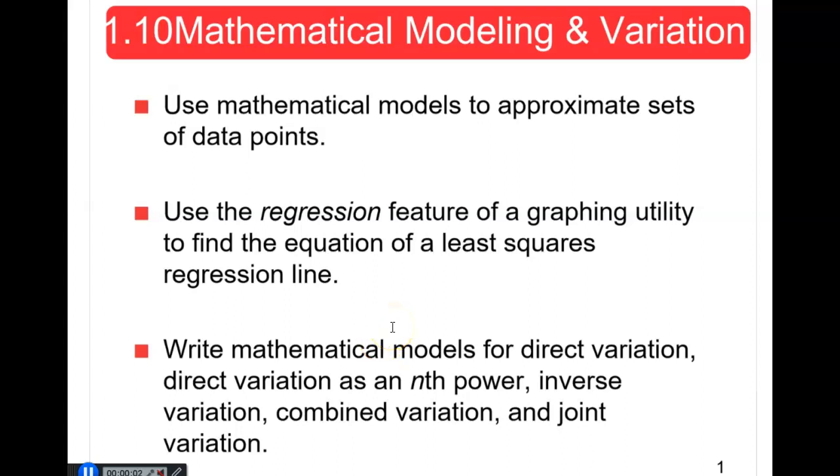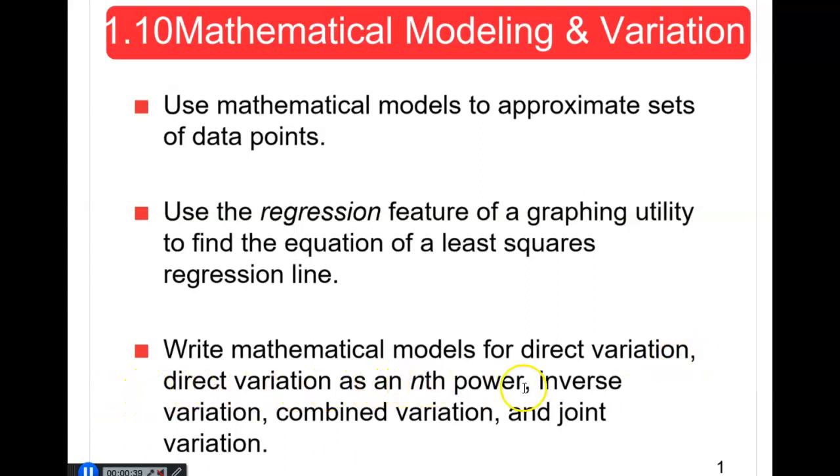Hi, this video will cover section 1.10, mathematical modeling and variation. So our objectives are listed here. We're going to use mathematical models to approximate sets of data points. We're going to use the regression feature of a graphing utility to find the equation of a least squares regression line. And we will write mathematical models for direct variation